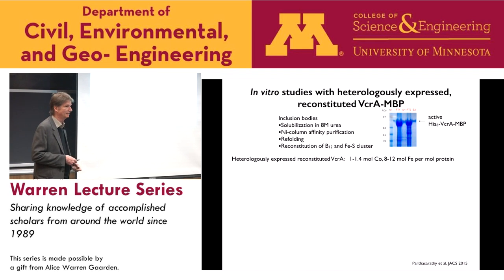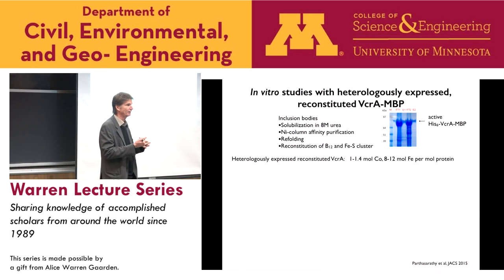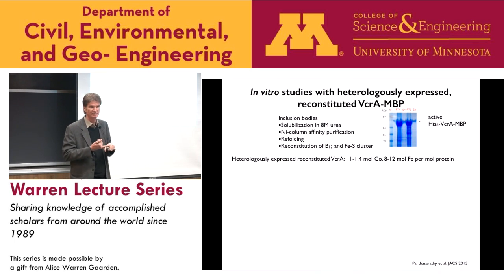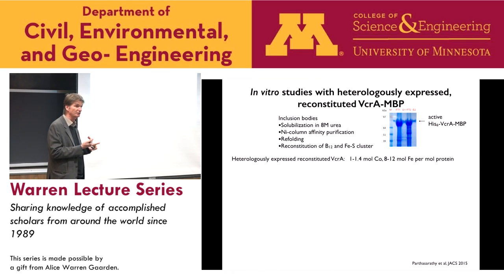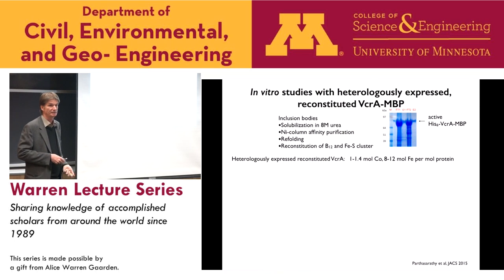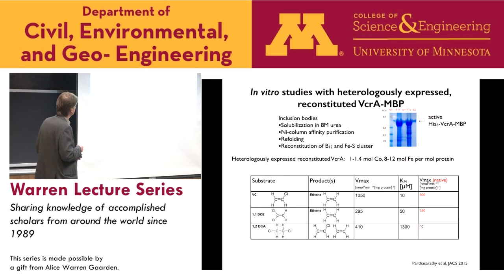The first breakthrough that we had was the genome sequencing, because we could see what's going on in the organism, and what it did in the past. This was the second technical breakthrough, because now we had all of a sudden milligram quantities of the enzyme. The heterologously expressed protein just looked like the wild-type protein that we isolated 10 years earlier. The kinetic parameters of the heterologously expressed protein had the same Km and Vmax.